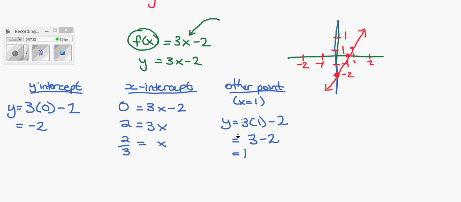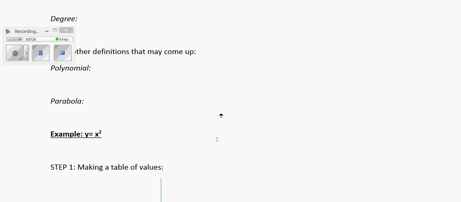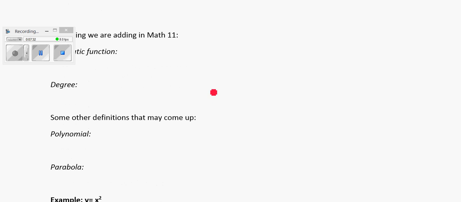And so now we're going to move on to the actual notes here for the foundations of Math 11. So the new things that we're adding in foundations of Math 11 from what we just reviewed in Math 10 is quadratic functions. So we're going to talk about what quadratic functions are, as well as being able to graph them. So the definition of a quadratic function is just a polynomial